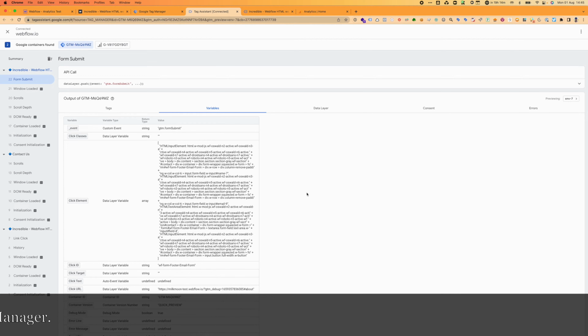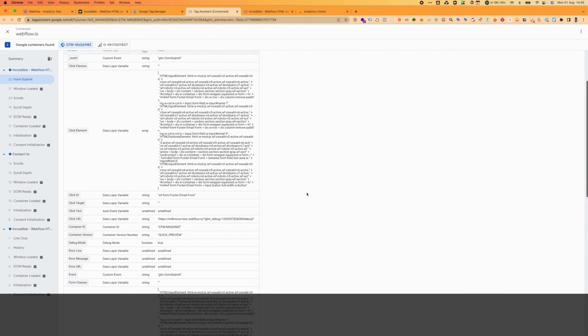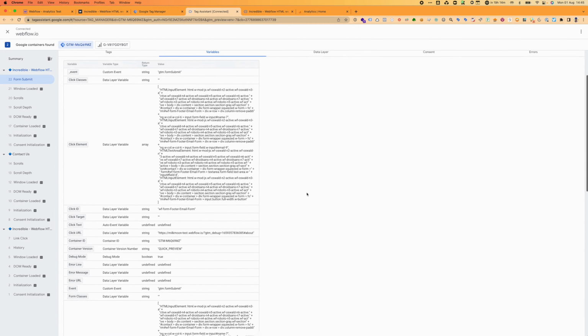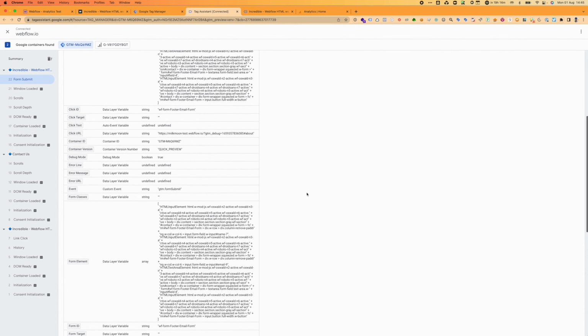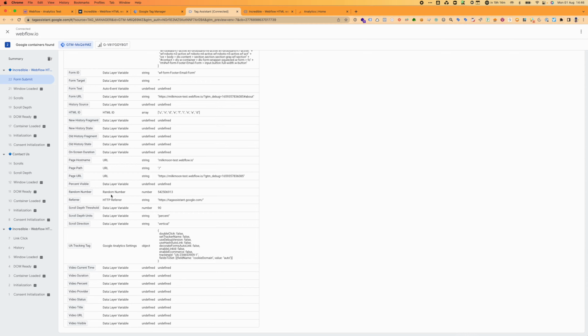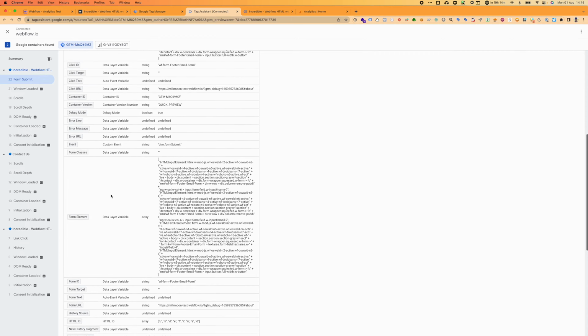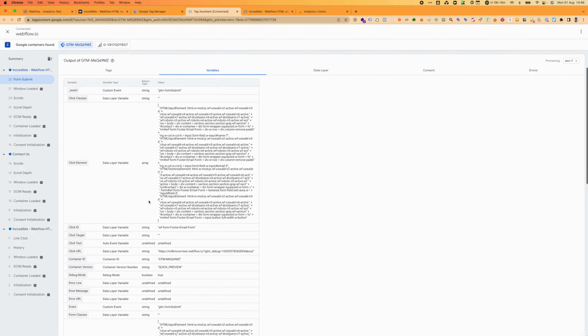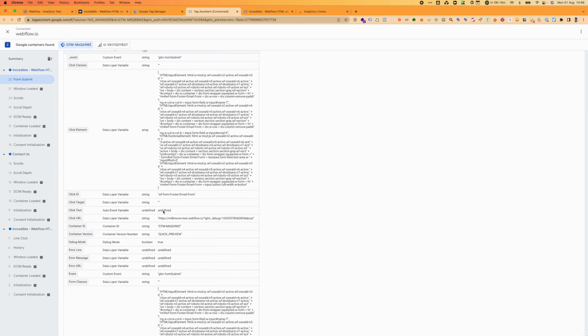But now what happens if you add another form? You want to track them separately in Google Analytics. How are you going to distinguish between the two? So we've got all these variables that we turned on, and that's going to make it super easy for us. So we've got a number of options, and we'll go through them, and we'll implement a bunch of them to see. So if we scroll down, you can see the first thing you'll notice is we have a click ID,